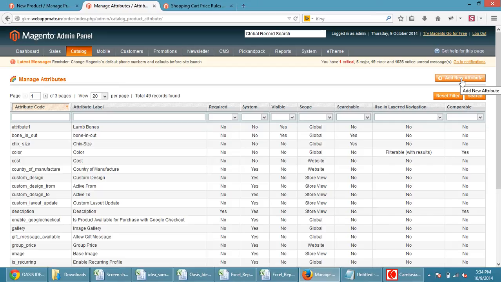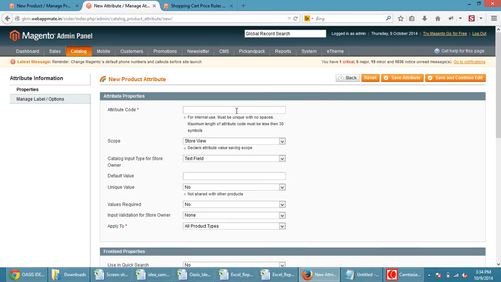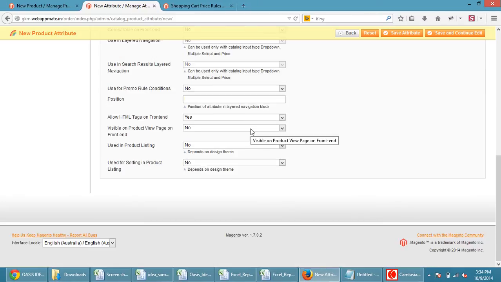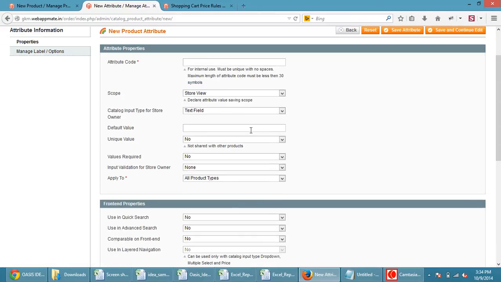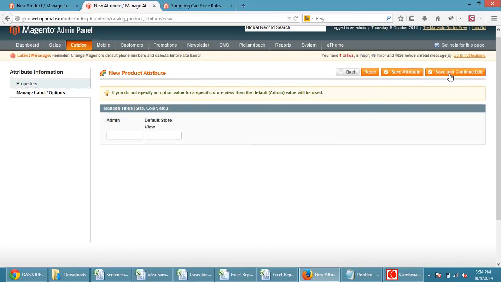Just click on the add new attribute button. You can define the attribute code, which is the main field here, then the manage label means where you want to display this. Then click on the save attribute button.